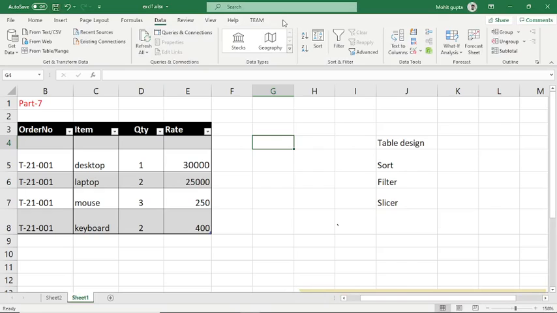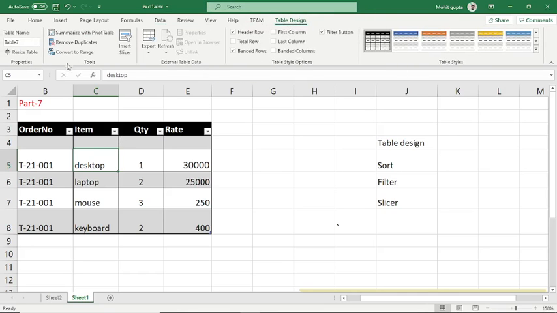But when you select a table, then you can see the option Table Design. So I select the table and select the Table Design option. Here you can see there are a lot of options. So now first we see what is slicer.